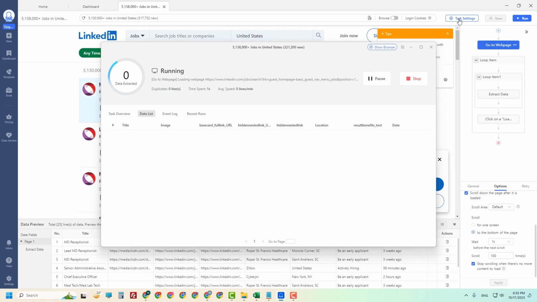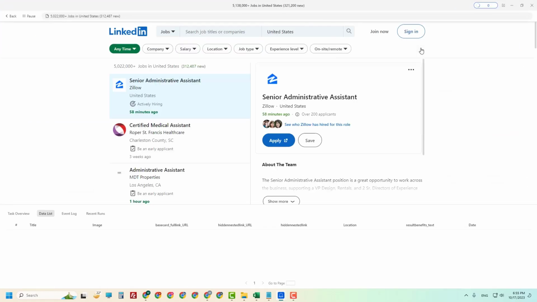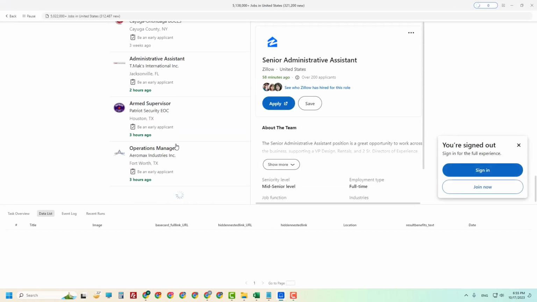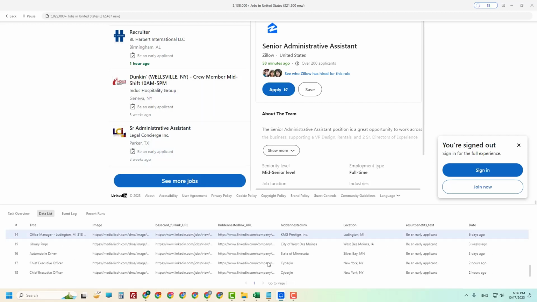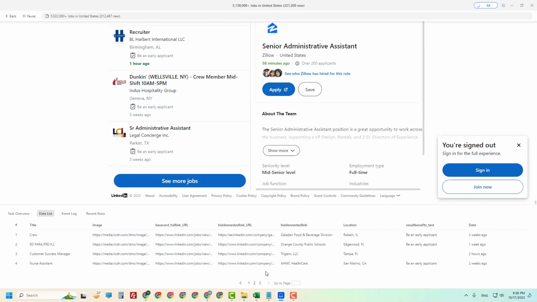Always keep in mind that within task setting you are up to the latest browser. See, it is scrolling now. If this page is scrolling inside LinkedIn or any website that has a scroll function before loading more content, make sure that it is scrolling inside the scraping software. See,